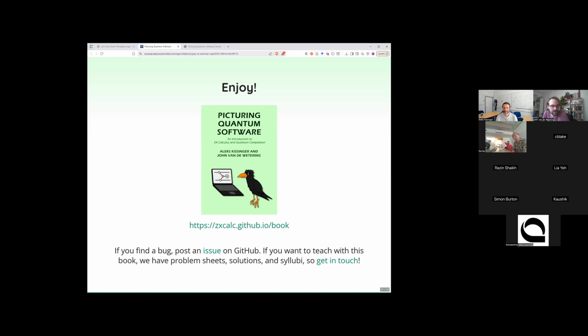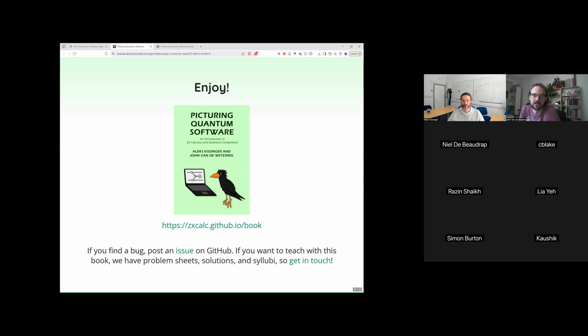I should add here that the book has been online for about a year now, and we've received quite a few typos that people saw, and then we fixed it. But what we haven't really had is any high-level feedback on whether you think certain things are not as clear as they can be, or maybe the order of things is wrong. So if you have opinions like that, we'd very much like to hear them, because right now it's been our opinions on what works best, and then people have suggested small fixes, which we've mostly implemented. Especially if you're also using this for teaching, if you find certain things confusing or weird, like, I don't know.